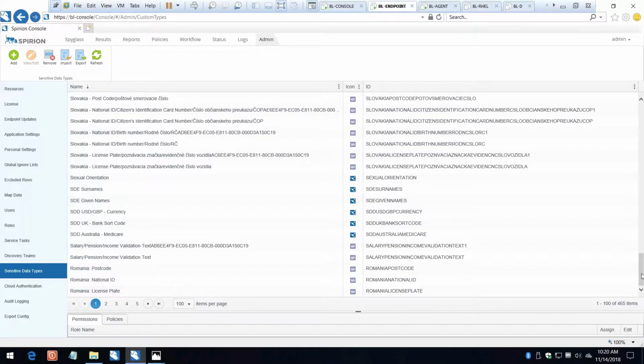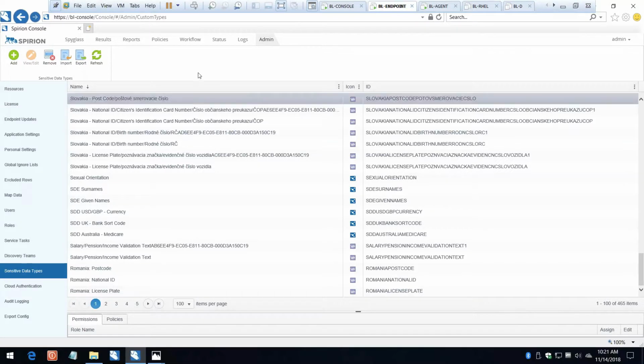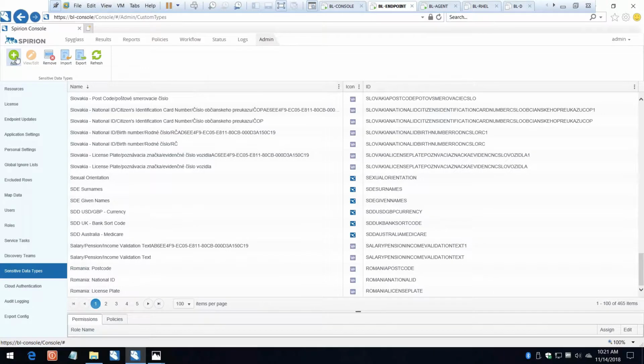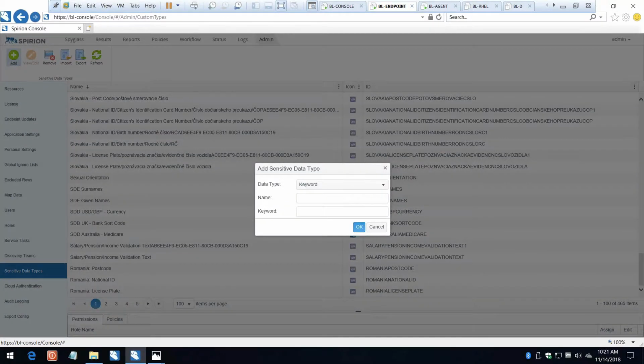If you do not find a GDPR definition here that you do need to identify, what you can do is use something that's called the Sensitive Data Engine, and this allows you to create your own definitions. So this is a very clever approach to building definitions yourselves. And obviously Spirion or any other augmented tool is not going to have the capability to just out of the box know all this specific data you need to locate. We've done a really good job of identifying the vast majority of it.